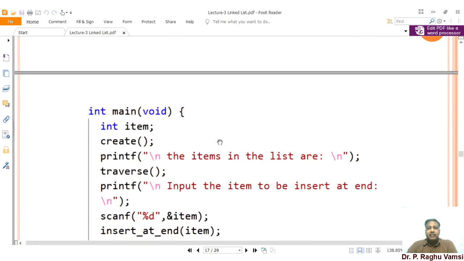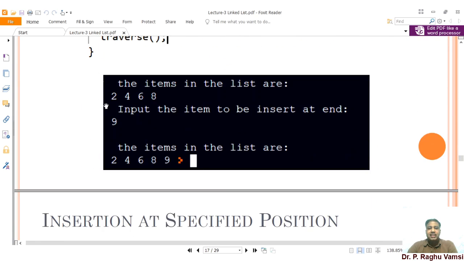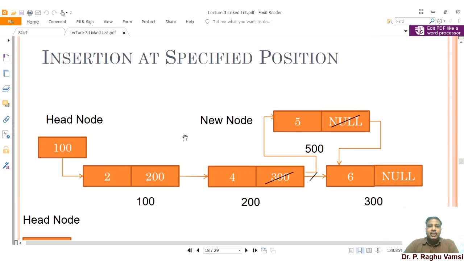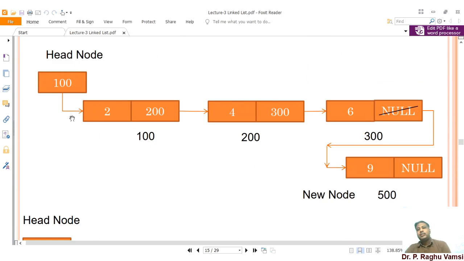Next, you look at, for every step, the code that was given and the running of the code that was given, so that you can see whether the code you have written is correct or not. Next is insertion of the node at a specified position. That means previously, in the insertion of the node at the end, you have not considered the length of the linked list. Directly you have gone for traversal till the end, and you have gone for insertion of the node there.